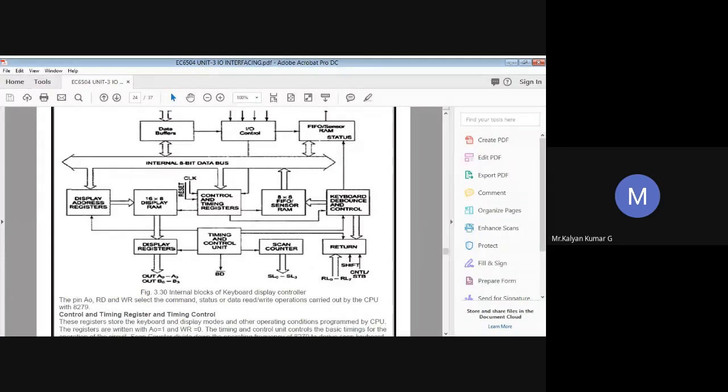In case of decoder mode, the internal decoder decodes the least significant 2 bits of the binary count, and provides 4 possible combinations on the scan lines SC3 to SC0. The values could be 1110, 1101, 1011, and 0111. So these are the combinations.